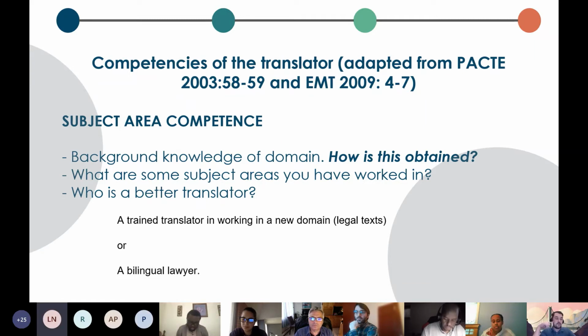Yeah, and I would definitely agree with that. And that's what I would say as well. The trained translator, the assumption is that the translator knows how to become proficient in a certain field, in a certain domain. A bilingual lawyer doesn't necessarily know how to do that. They might not know the terminology, and they're probably not very good at transfer, which is a very important part of being a translator. They don't necessarily know about finding parallel texts. They don't necessarily know about doing research in order to do translations.